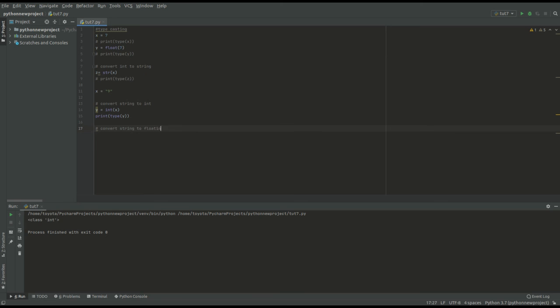to floating numbers. What are you going to do? You're going to say z equals to